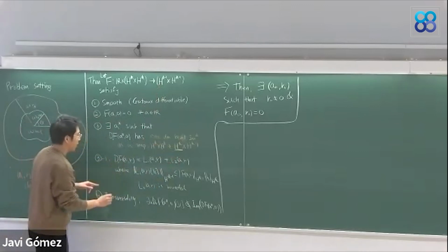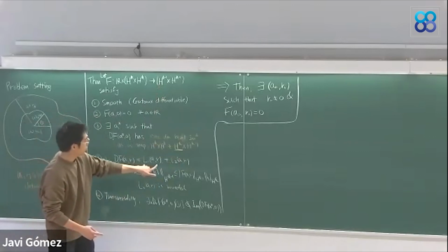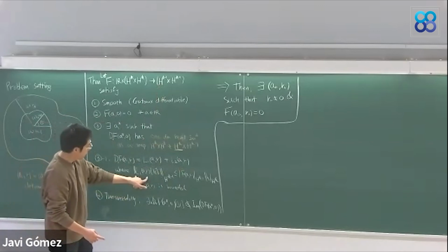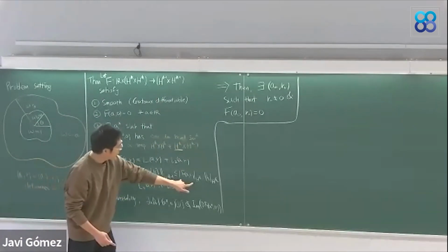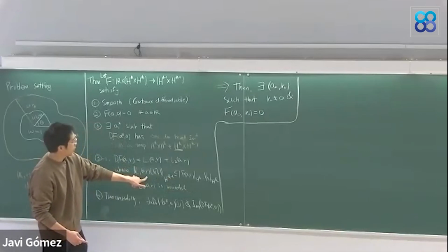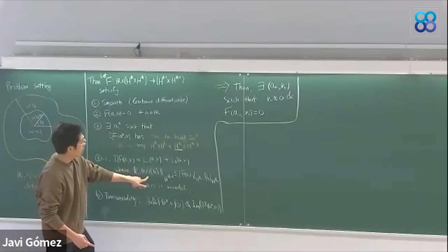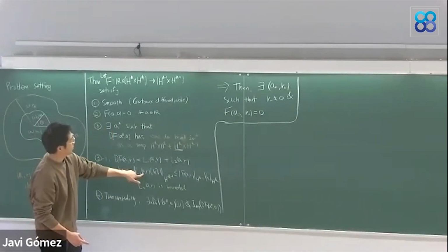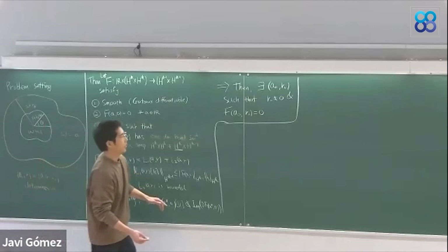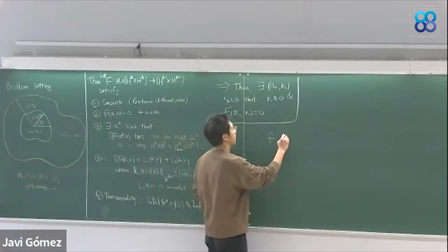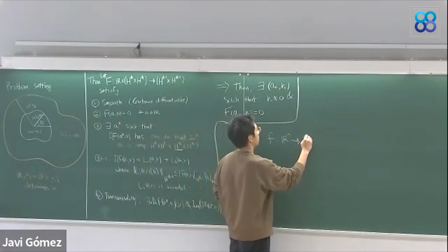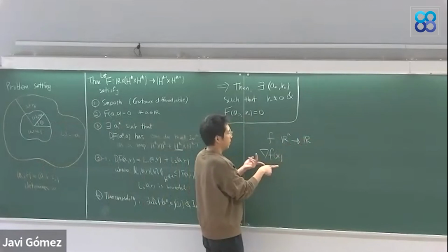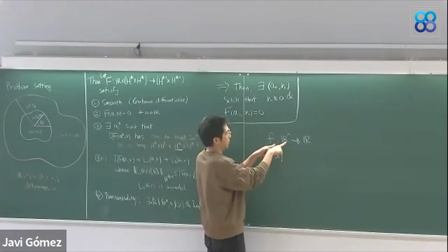And we are going to assume another condition on this linearized operator. So we assume that the linearized operator can be decomposed into two terms. Here, the first term has this bound. So basically, as a linear operator, its norm is bounded by the norm of F. Here, the linear operator depends on A comma R. So basically, what I'm saying is, if you have some function F from R^n to R, then its gradient of F at x is a vector, and it can be thought of as a linear map on R^n.